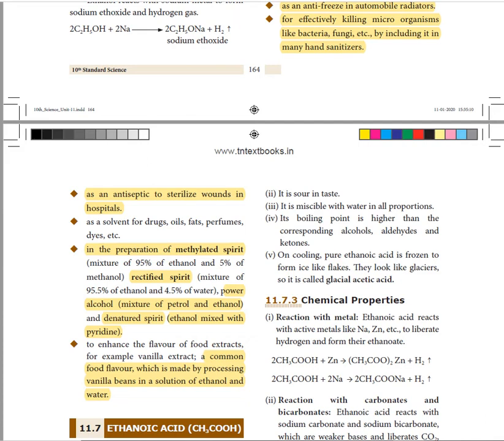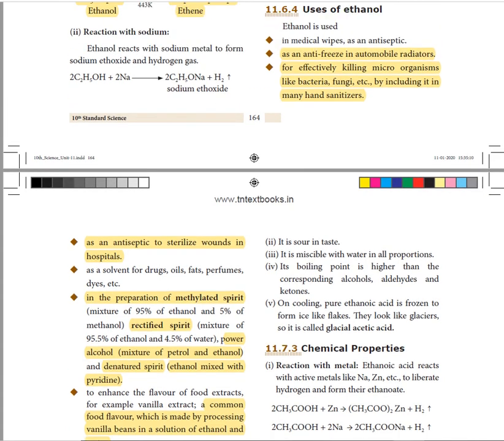So till now, we have learnt what an alcohol is. An alcohol is a substance having the functional group OH. About manufacture of ethanol, it has 4 steps. About the physical properties, among the chemical properties I told you, mainly 2: oxidation and esterification. From the examination point of view, these 2 questions are repeatedly asked. Uses of ethanol sometimes they will ask in 4 marks. So any 4 points, whichever is convenient or easier for you to keep in memory, you learn that and write it.